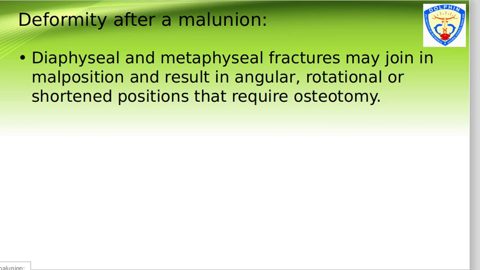So diaphyseal and metaphyseal fractures may join in malposition, which results in angular, rotational or shortened positions that require osteotomy. So this is the main indication for osteotomy, because if there is malalignment, it means the fracture has healed but in the wrong position, so this results in a deformity which needs a correction,